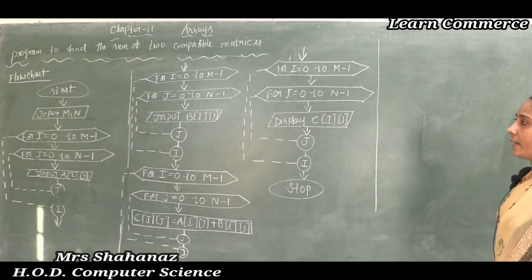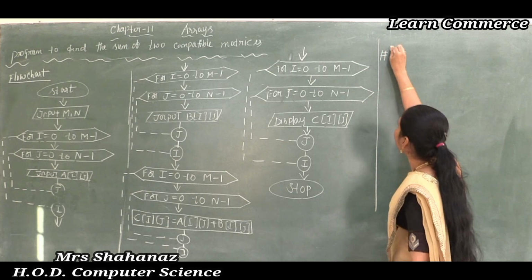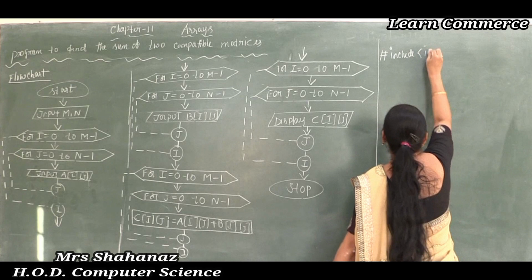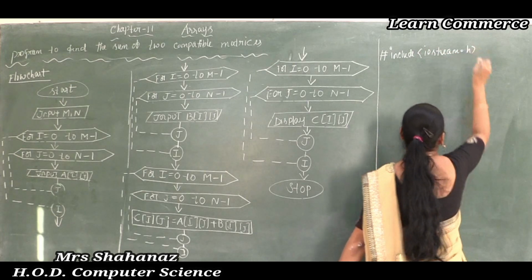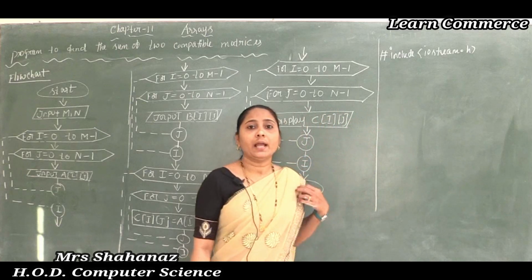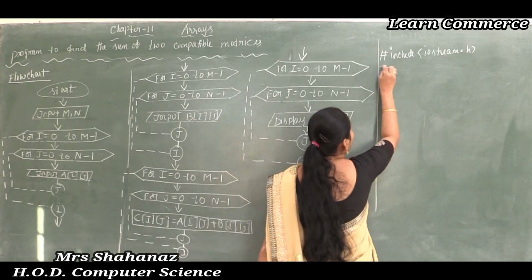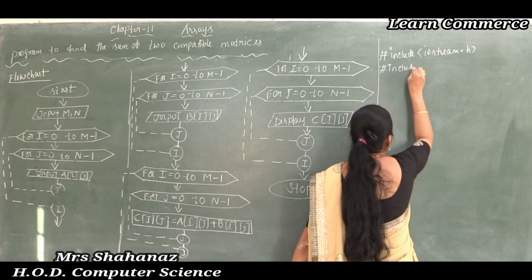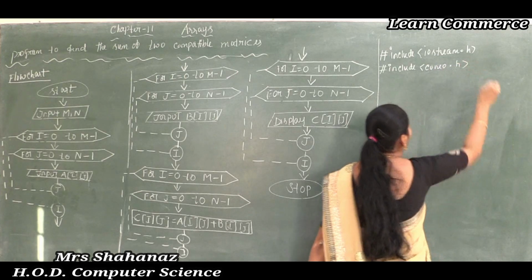Let's, in this case, as we know how we are going to complete here, first of all by using the header file. The header file is the hash include iostream.h. As we know the use of iostream.h, that means for the input and output operation. And later next one, with that we need to use the header file called conio.h. Why are we using the conio.h?